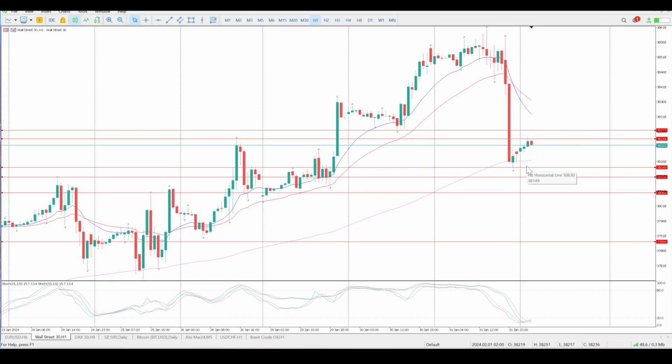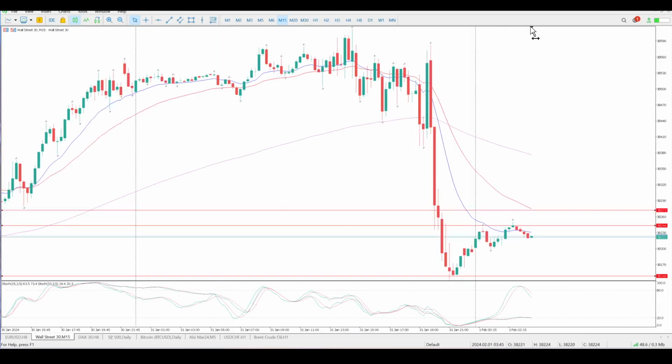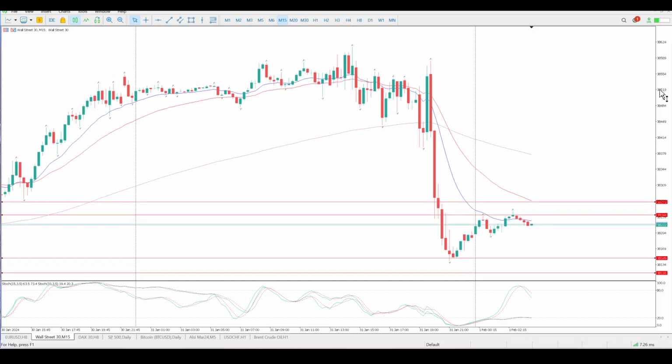Levels to the downside to watch are as follows: 38,150, 38,116, 38,068, 3800 would fall into that, and then all the way down here at 37,899. Now, those are all take profit areas as far as I'm concerned. If we do have another red day today, which is possible, I suspect